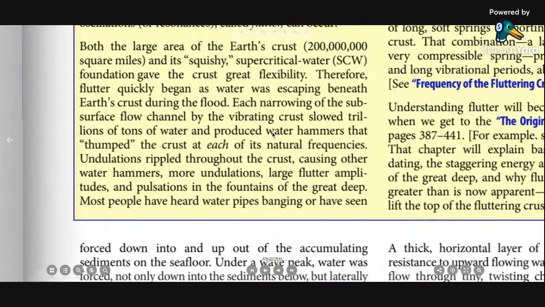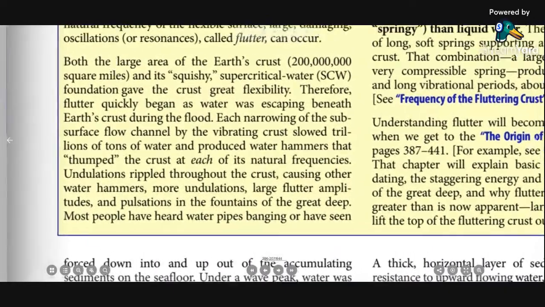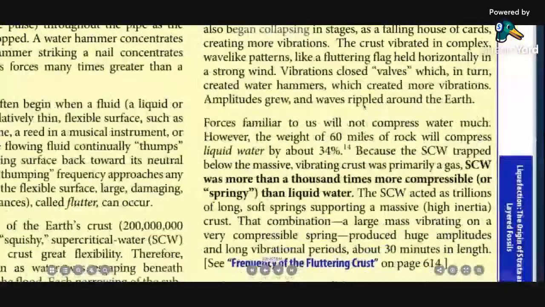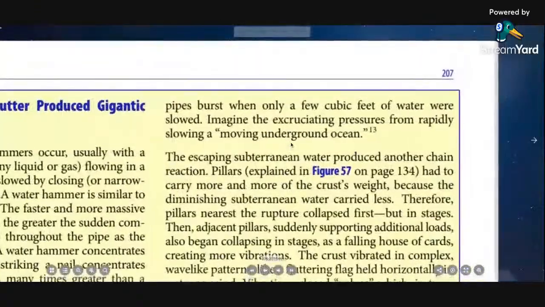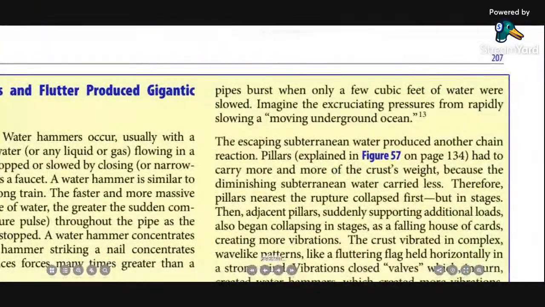Undulations rippled through the crust, causing other water hammers, more undulations, large flutter amplitudes, and pulsations in the fountains of the great deep. Most people have heard water pipes banging or have seen pipes burst